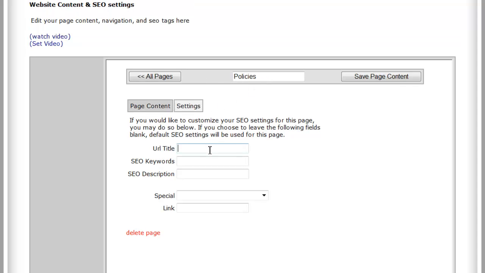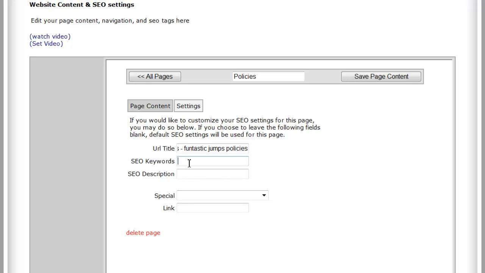So now this might be bounce house rentals, let's see, fantastic jumps, policies. So what we're trying to do as an overall goal is to get the words on our